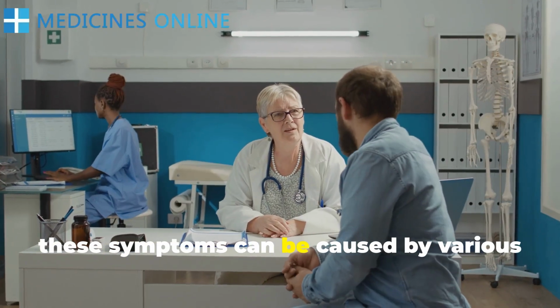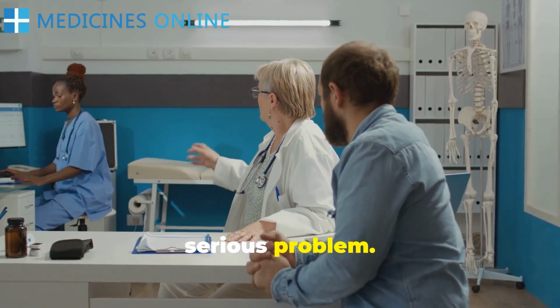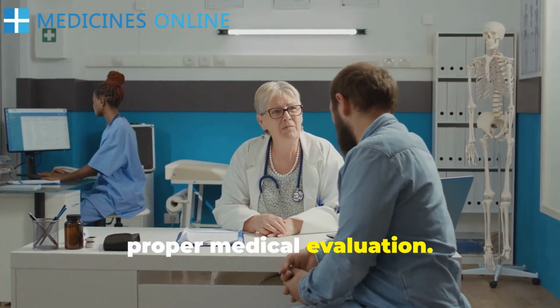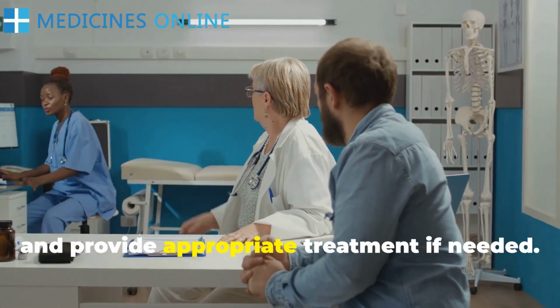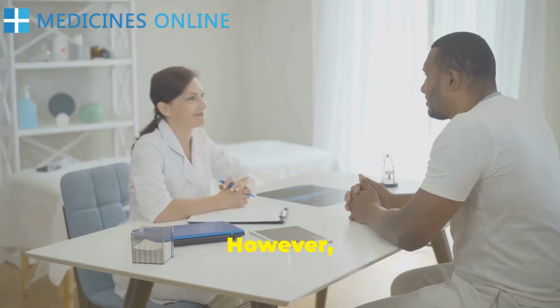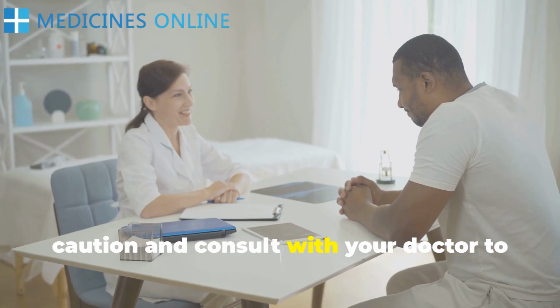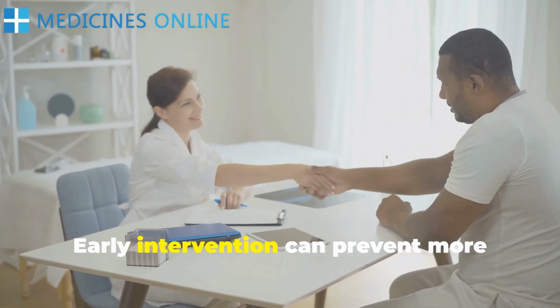Remember, these symptoms can be caused by various factors and don't necessarily indicate a serious problem. However, they should not be dismissed without proper medical evaluation. Your doctor can help determine the cause and provide appropriate treatment if needed. However, it's always best to err on the side of caution and consult with your doctor to rule out any potential issues. Early intervention can prevent more